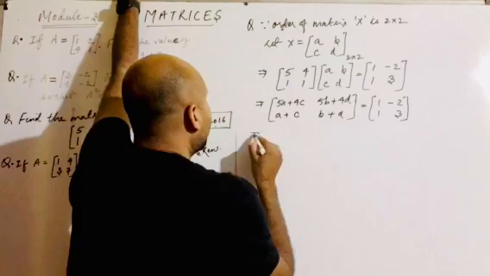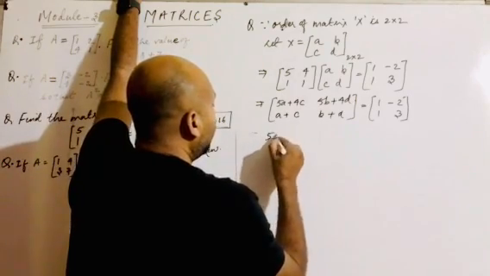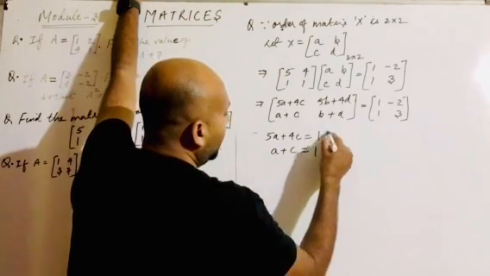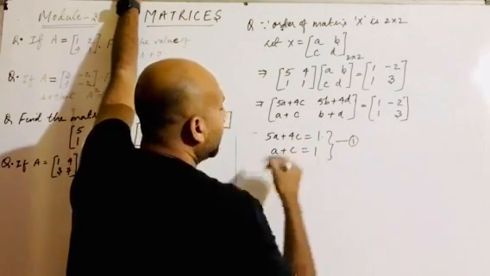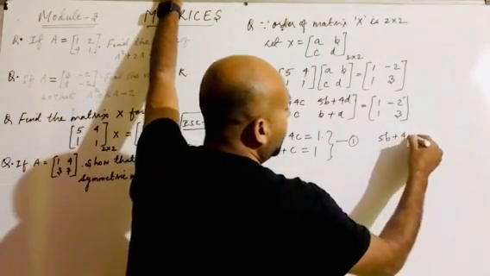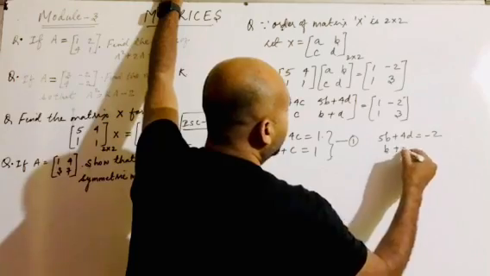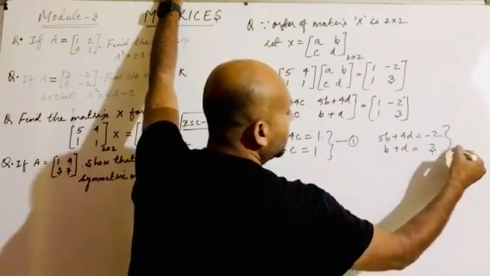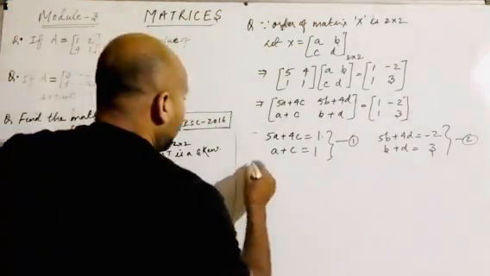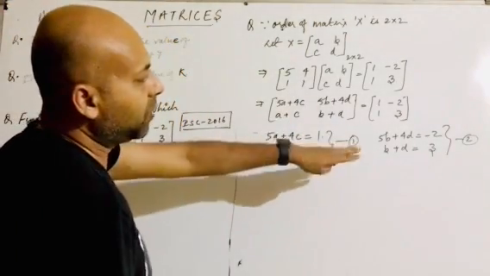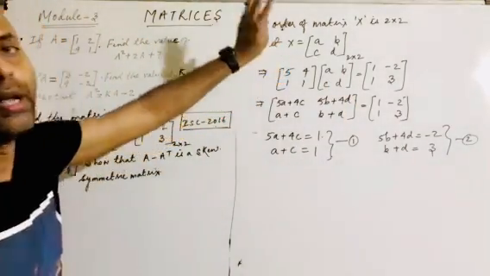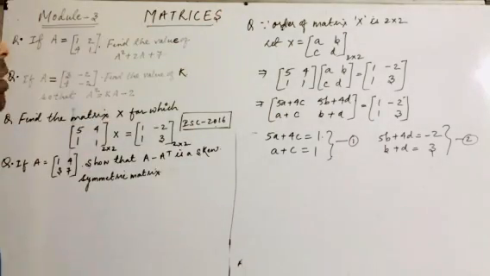So here we can get the equations simultaneously. From this I can write 5A plus 4C equals 1, and also A plus C equals 1. If I solve these simultaneously, I'll get the values of A and C. Again, I can write 5B plus 4D equals -2, and B plus D equals 3. You are going to solve this as equation 2 and you will get the values. Am I understood or not? For the next sum, children, please pay attention. This is how you solve both equation 1 and 2 simultaneously to get the respective values of A, B, C, D, and those values can be substituted in the matrix X to get the value of matrix X.